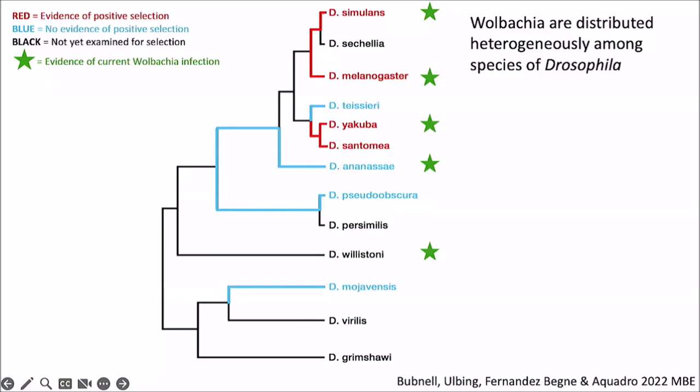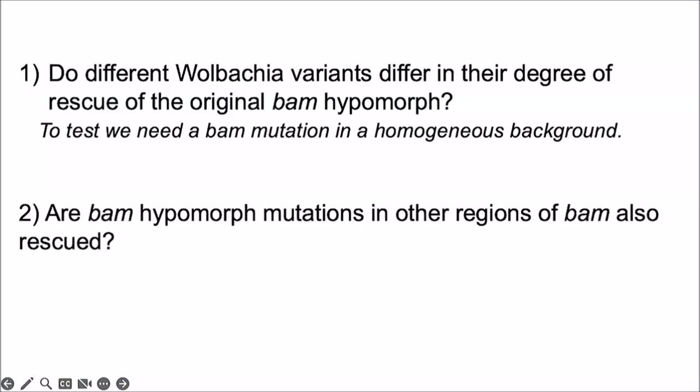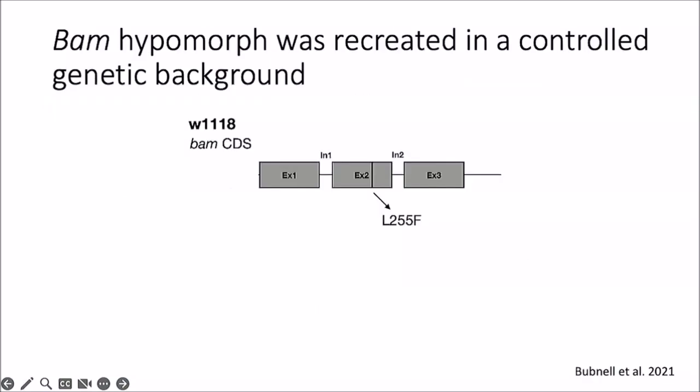Anyway, what we have asked about is, what if we look at different Wolbachia? Is it really a very specific interaction? And it turns out that it is. We needed to have a homogeneous background, not the original mutation. So Jackie actually made a mutation in W. white 11 melanogaster that has the exact same amino acid here, but the rest of the genome is completely homozygous. And this allowed us to actually test for differences of different Wolbachia too, in terms of how they